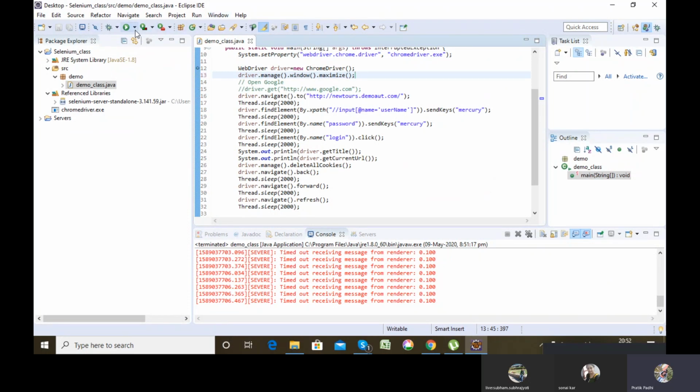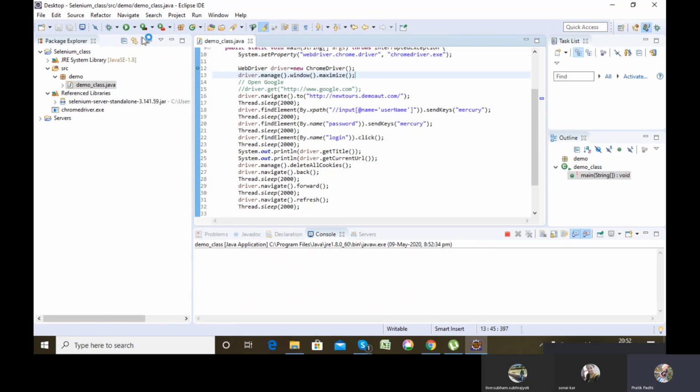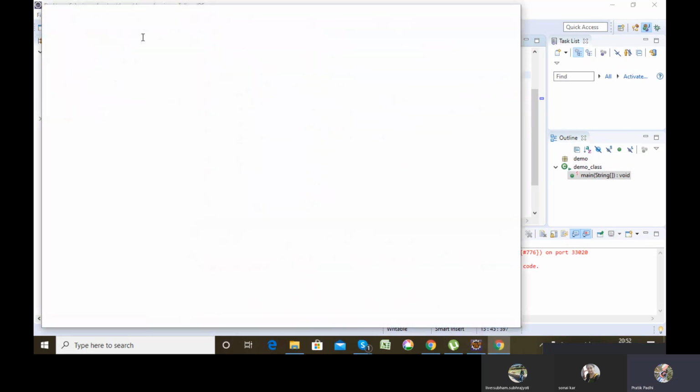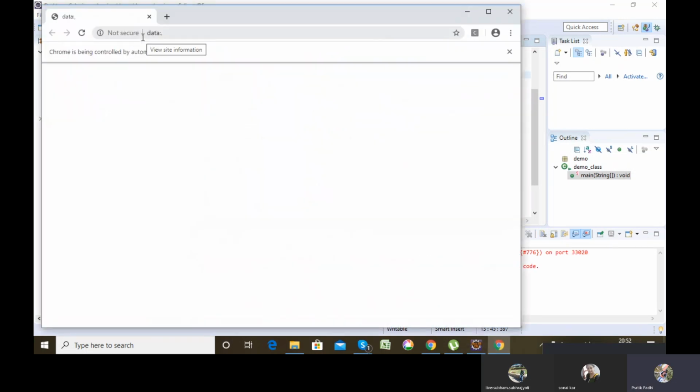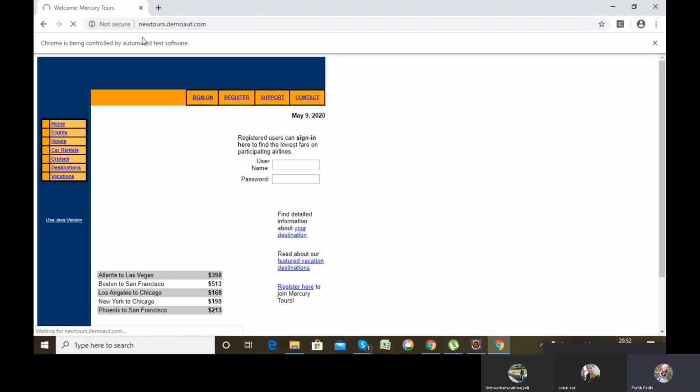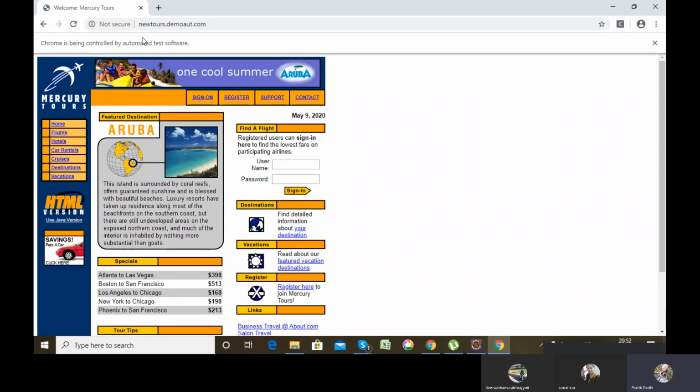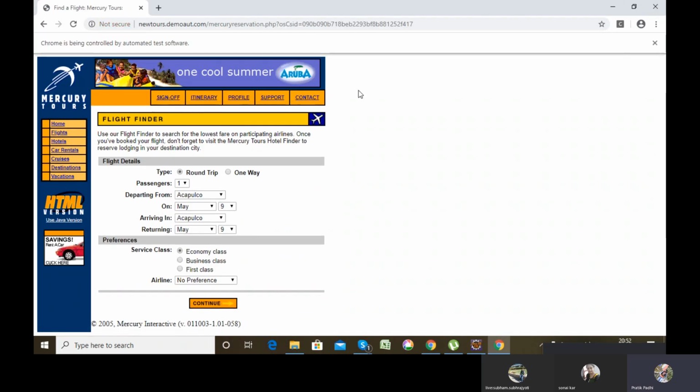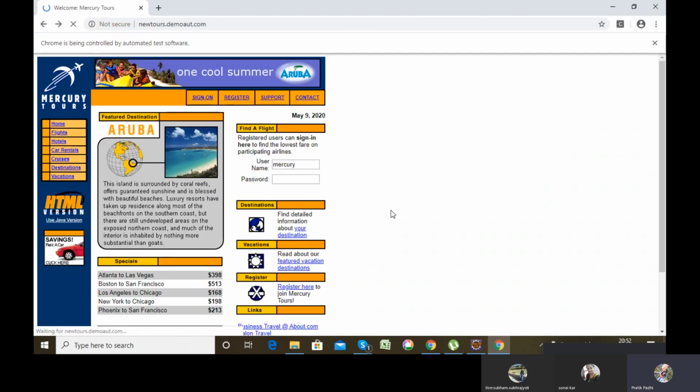So now see, the window got maximized, right? Now you see the execution window got maximized to full screen, but before it was in a minimized state. You got the point? Yes, sir.